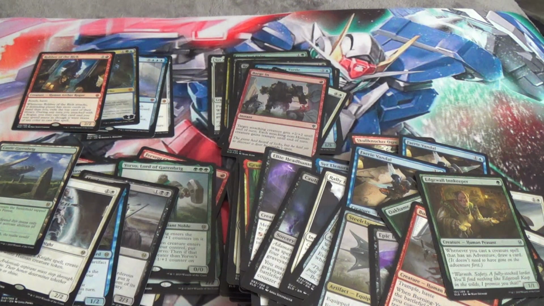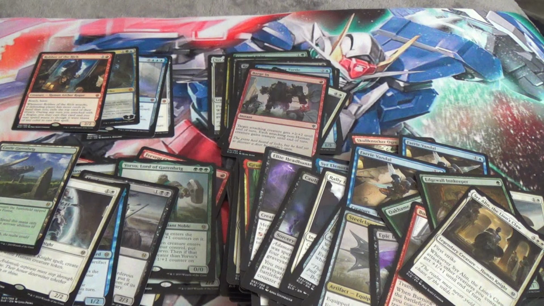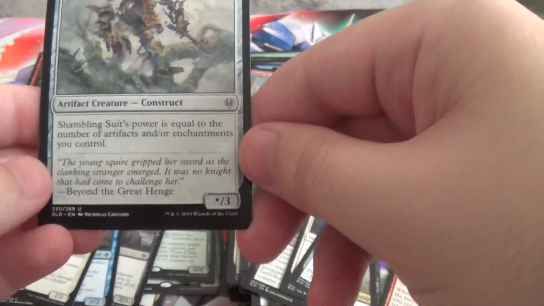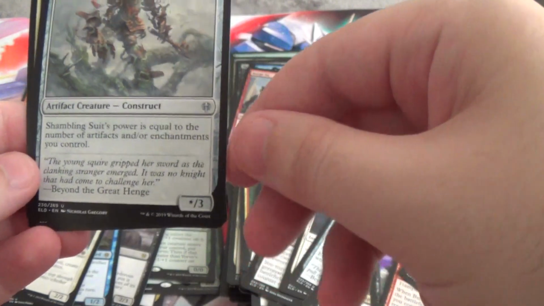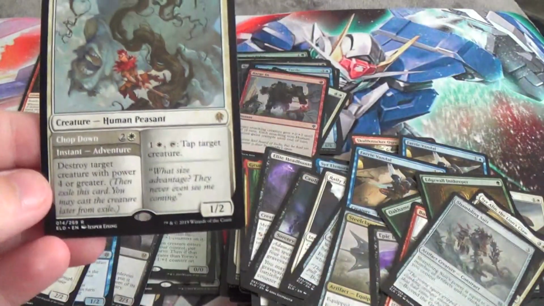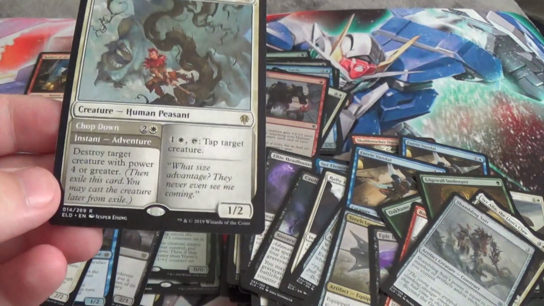Innkeeper, Lion's Claw, we have Shambling Suit. Shambling Suit's power is equal to the number of artifacts or enchantments you control. Giant Killer. Chop Down: destroy target creature with power 4 or greater. And then